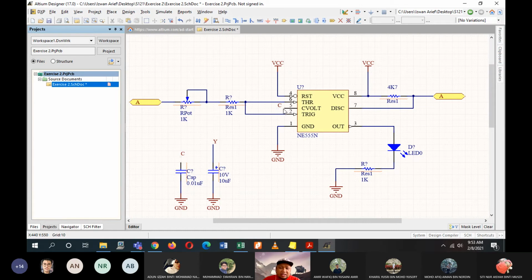It is not shown here, because there will be a hole here and another hole here, so the connections will be made through your ground plane. So don't worry about them. We do this just to avoid any crossovers and make our circuit simpler.